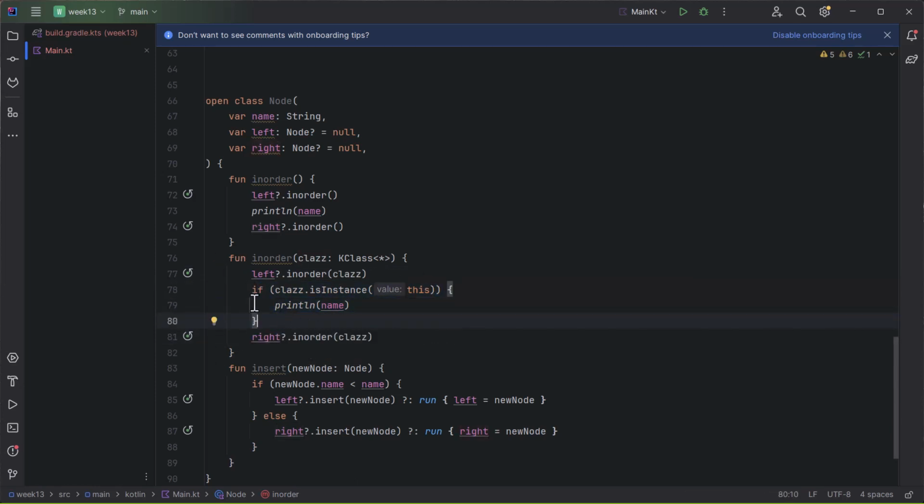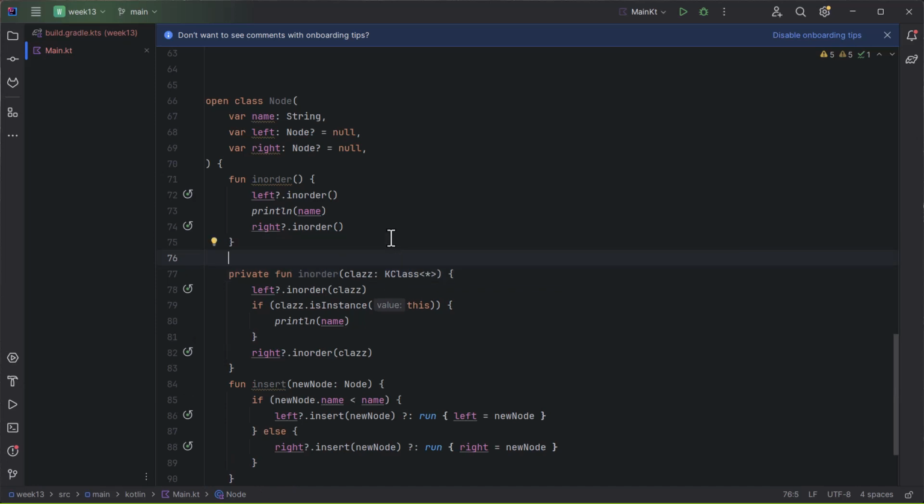Now, because this is a recursive function, we can't make it inline. And because we can't make it inline, it can't have a reified on it. So what I'm going to do is make this one private so that nobody else can call it. I'm kind of hiding this as the real processing behind the scenes. And then I can throw that nice little inline fun reified T. And then we'll have this guy,